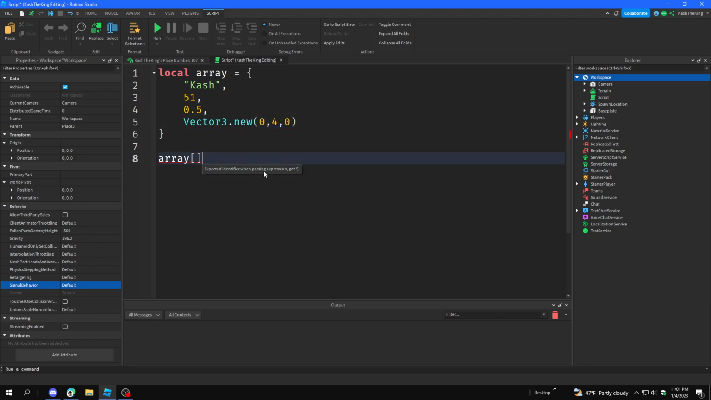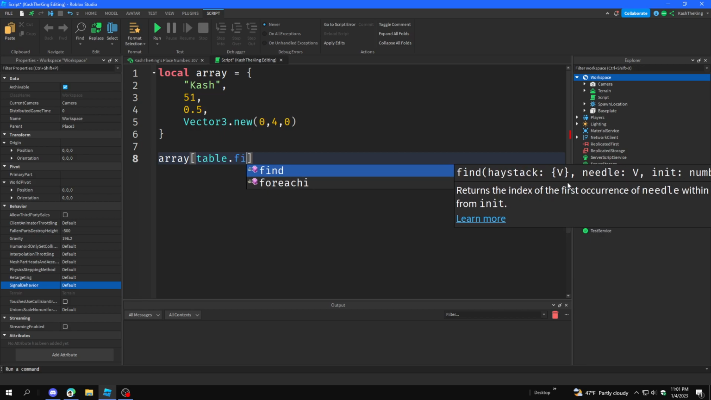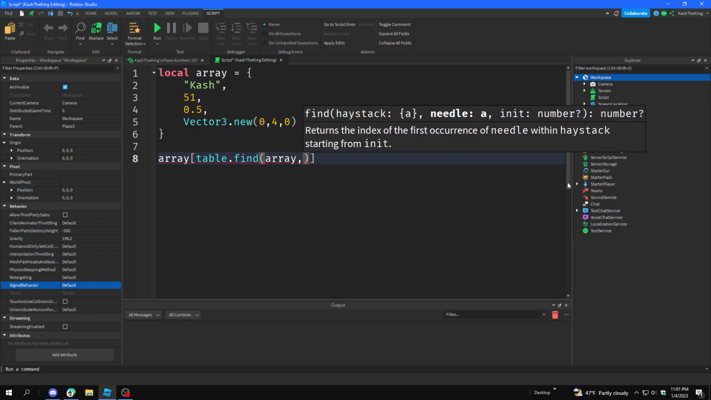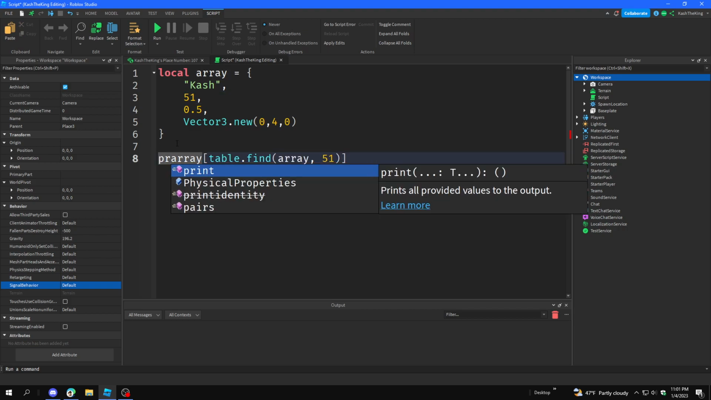But what if you don't know how to get that index? What if you don't want to enter the number? There's actually a function for that. You can do table, which has a library of table functions, dot find, and then you give it the table, then you give it the value that you want to find. So let's do 51, and this will return 2 because this is the second value. So if we print this